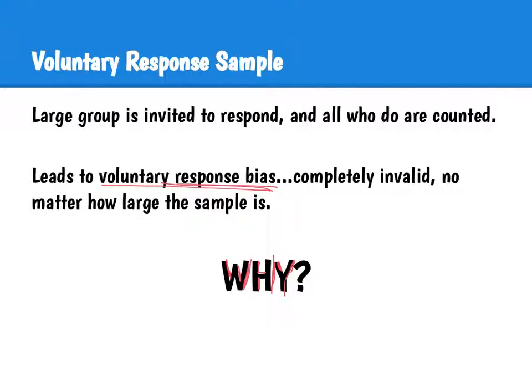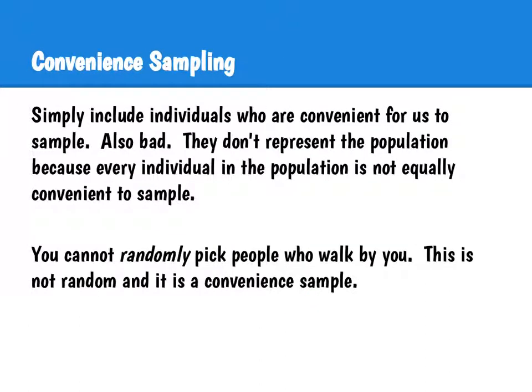And that's really how a lot of you did your projects at the beginning of the year. This is how the rest of you did your projects. Convenient sampling, when you just survey people that are convenient. So, hey, let me survey everybody in the classroom. Hey, let me survey this person, he's walking right up to me in the hallway. It doesn't represent the population because it's not random. Okay, you're only getting certain types of people.